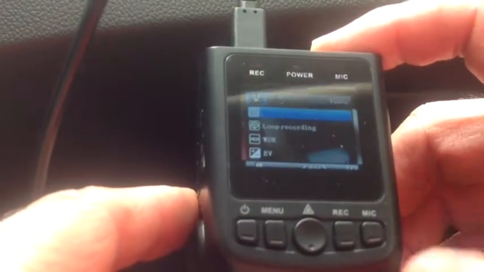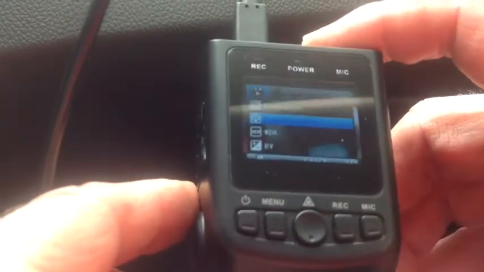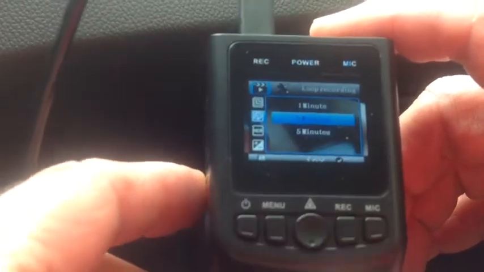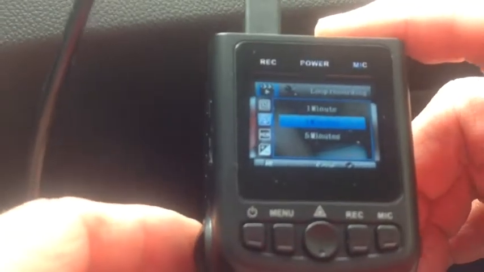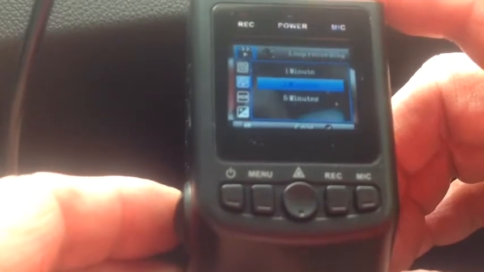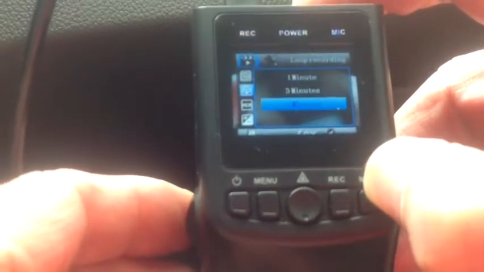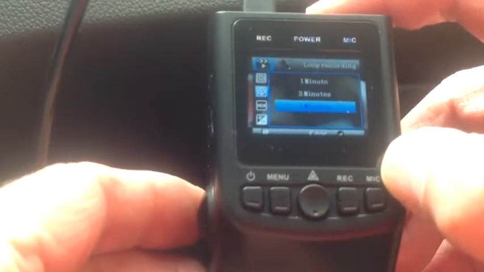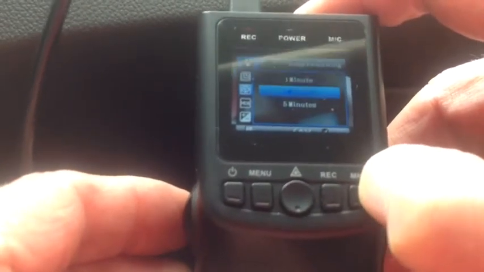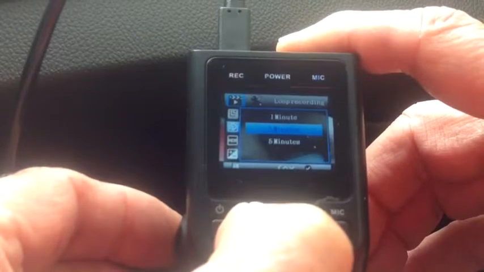to the menu. The next selection, I hit the mic button, the down button, go to loop recording. I go into that program with the triangular button, and it gives me a choice whether I want 1, 3, or 5-minute segments. I personally like 3-minute segments, but if you like 5-minute segments, the mic button will bring you down to a 5-minute segment, or you can go up to a 1-minute segment. I'm going to keep it on my 3-minute segment. Going back to the main menu with the triangular button,